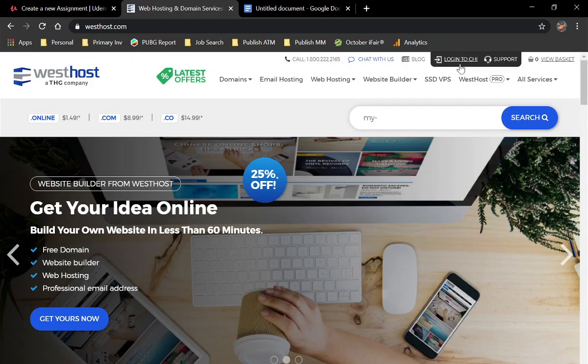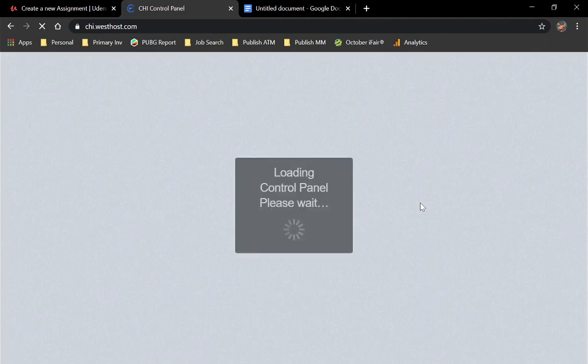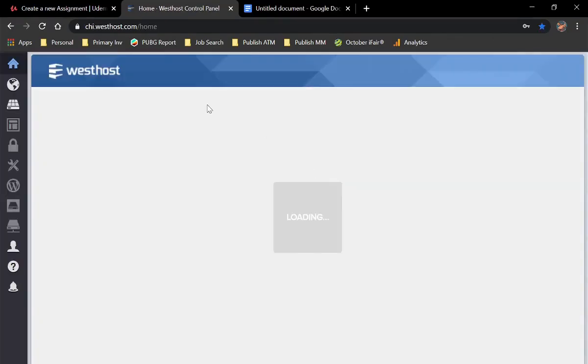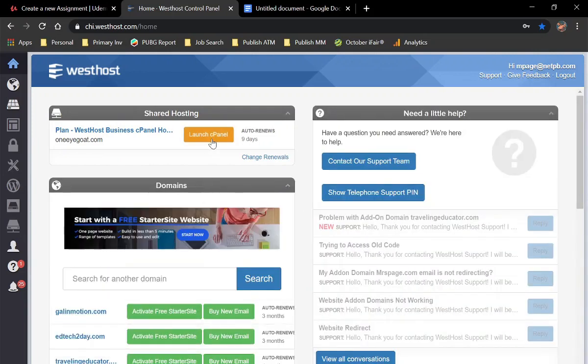But I'm just going to log into mine right now. Usually when you create an account, there's something called a CHI, however you want to call it. It's basically the interface for managing your site. And once you log in, InfinityFree is almost identical to this one, I think. When you log in, you're going to come across some kind of management console. Go ahead and log in. You'll notice that you want to find something that says cPanel. I mentioned that in the first lesson. So the cPanel is right here. And if I open it,